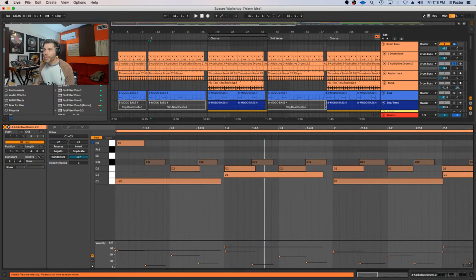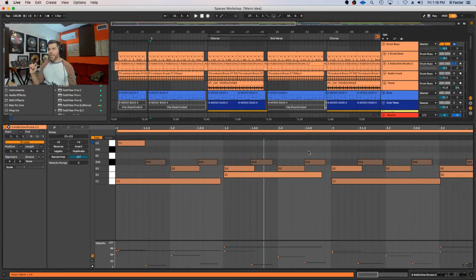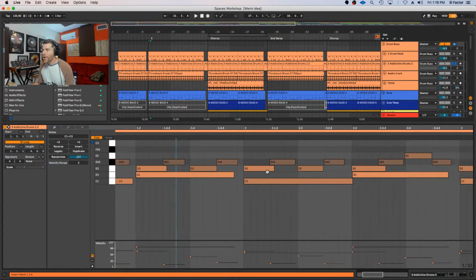So as you can see here, you capture that by being able to nudge and not have everything perfectly on the grid. Now, a lot of you might not be savvy yet with using your MIDI controller to program your drums. That's okay. You can draw in your patterns by double clicking, or if you're using Logic or any other DAW, you would draw in the sequence. It's important that you utilize the velocity changes with the drums, and that the drums aren't perfectly on the grid.